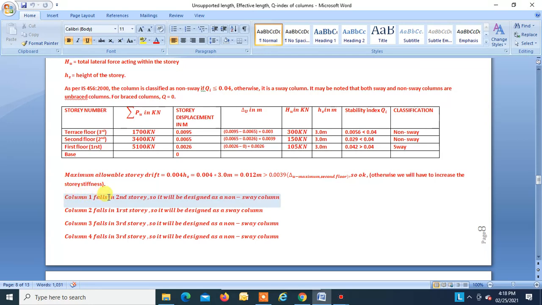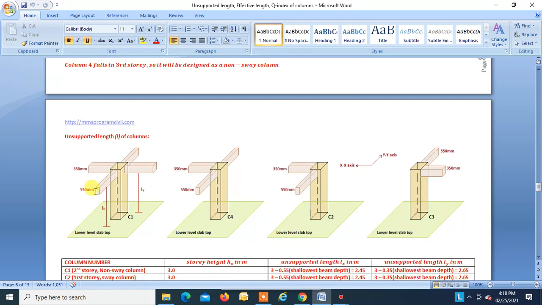Now C1 falls on the second story. In the second story all the columns are to be designed as non-sway columns, so it will be designed as a non-sway column. Column 2 falls in the first story, and in the first story all the columns are to be designed as sway columns, so this will be designed as a sway column. Columns 3 and 4 fall on the third story, and in the third story all the columns are to be designed as non-sway columns, so this too will be designed as a non-sway column. Okay, fine. And now the next step is we will have to find the unsupported length of column,